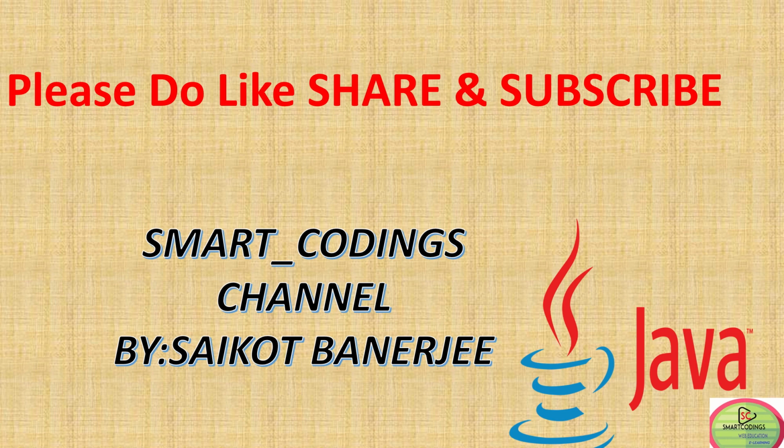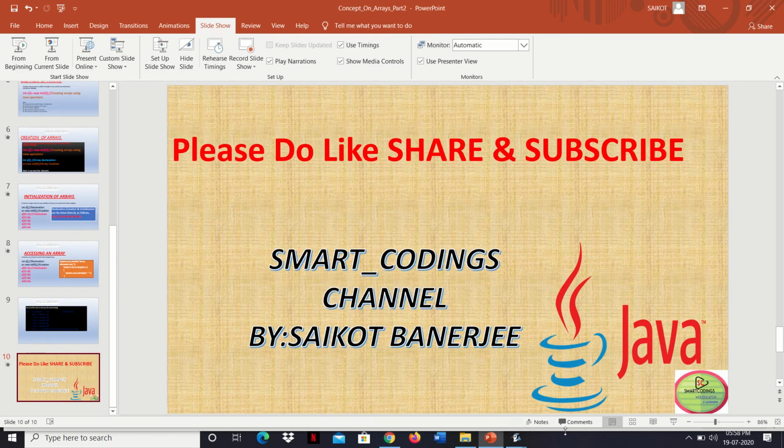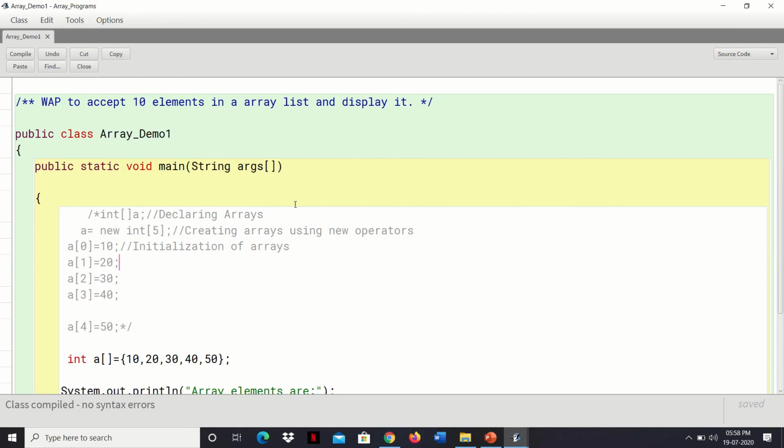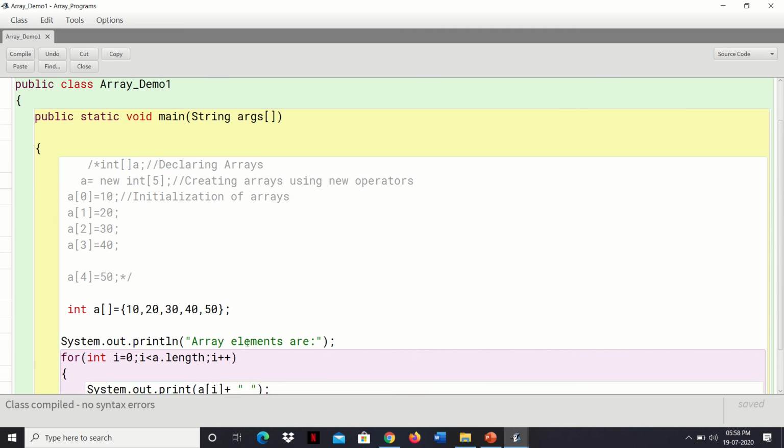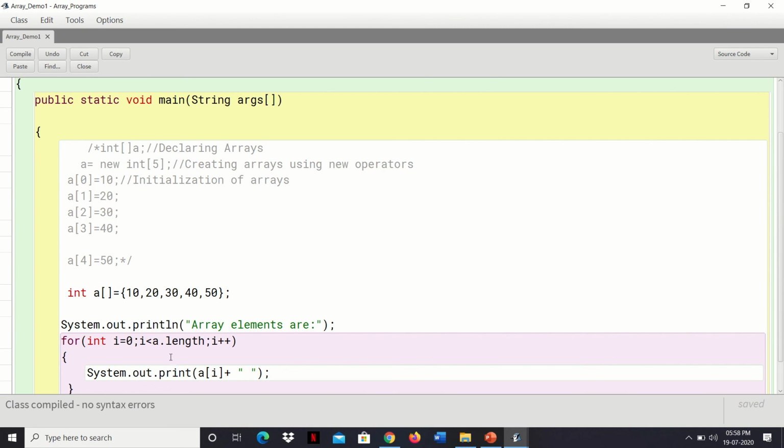Now quickly let us stop this and move to this BlueJ editor. As you can see, I've given Arraydemo1 as a class name, then the main method, right? We can directly create this and initialize this, and directly we can do this as I've shown you. There are 5 elements. Then we have done this loop over here to access the array, and this is the printing message that will be shown on the screen. So there are 5 elements we have stored over here directly. There is creation, declaration, initialization. It can be done directly like this.